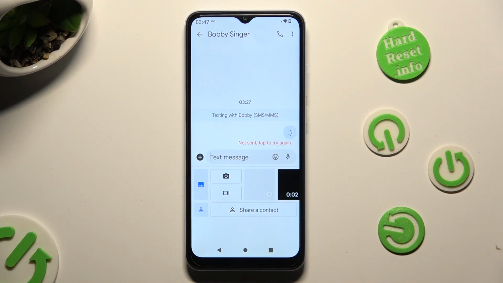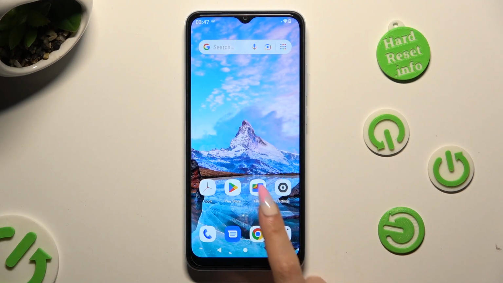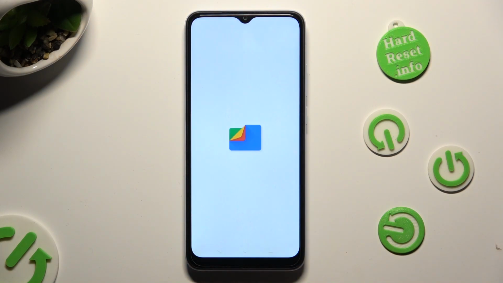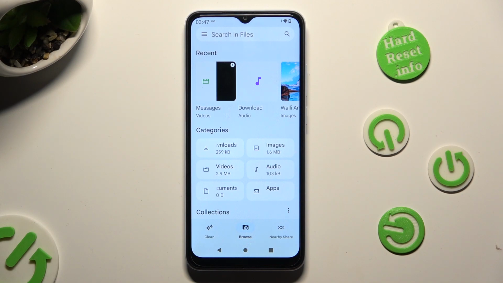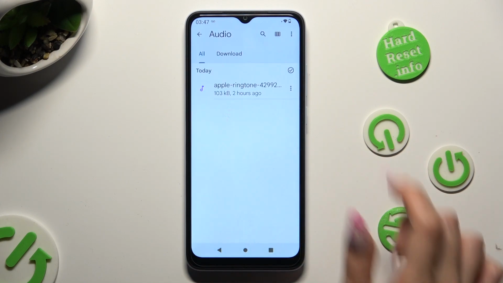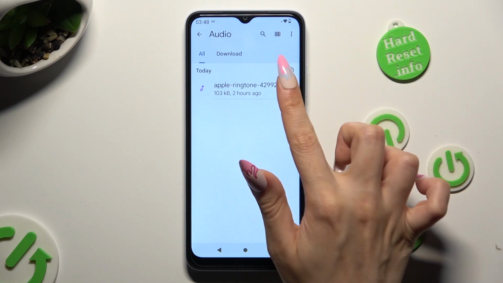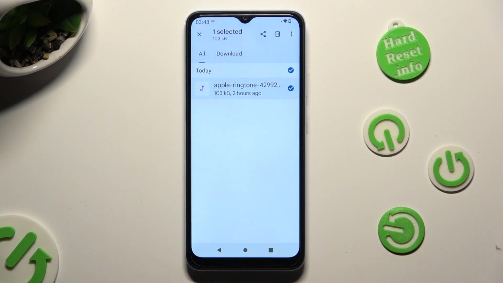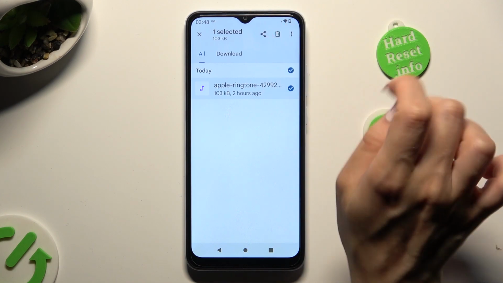In order to add an audio file though, you need to access Files app. Go into one of those categories like Downloads or just Audio. Hold one of your audio files that you wish to send. Click on Share button at the top right corner